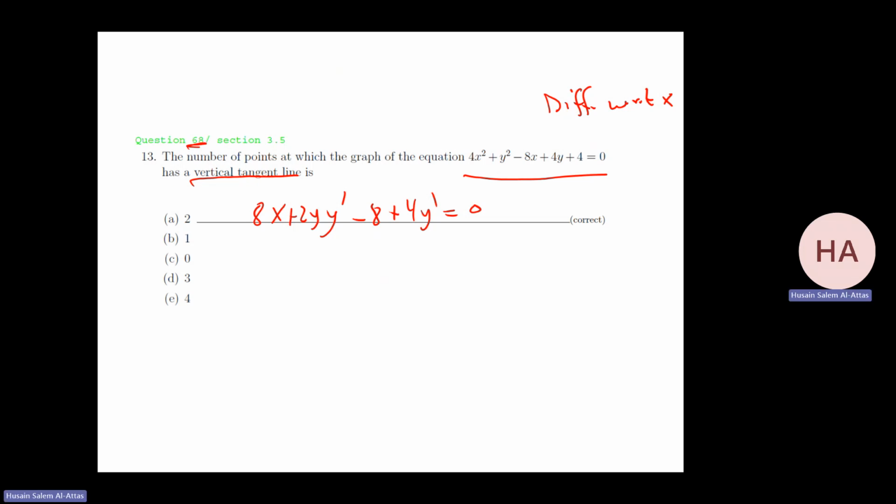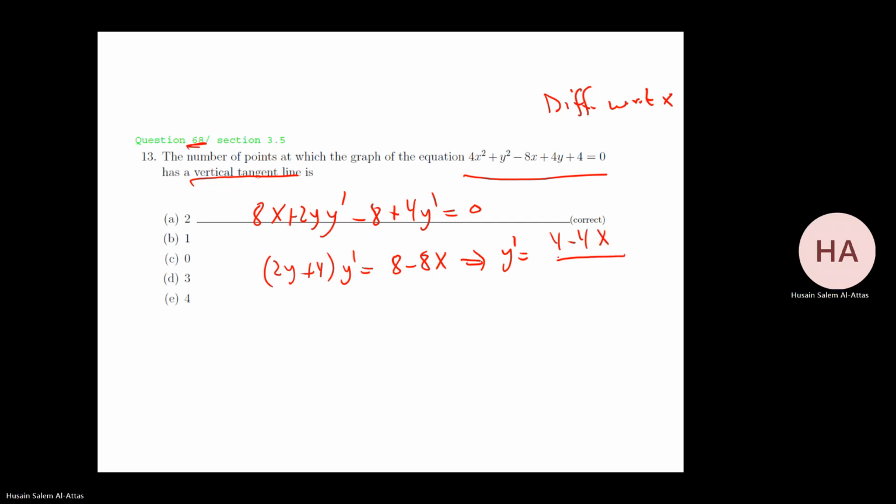So you have 2y plus 4 times y prime equal 8 minus 8x. I can divide by 2. So I have y prime will be 4 minus 4x